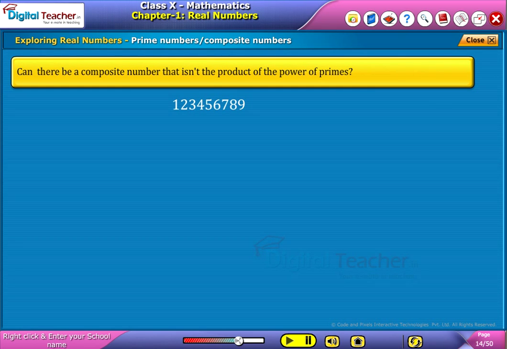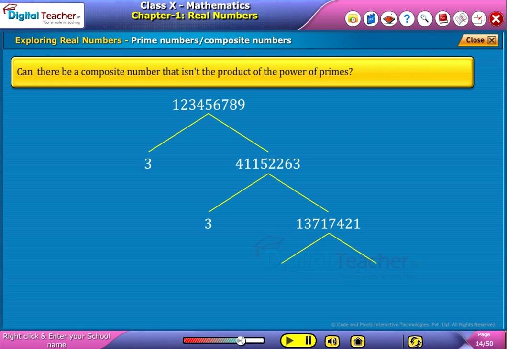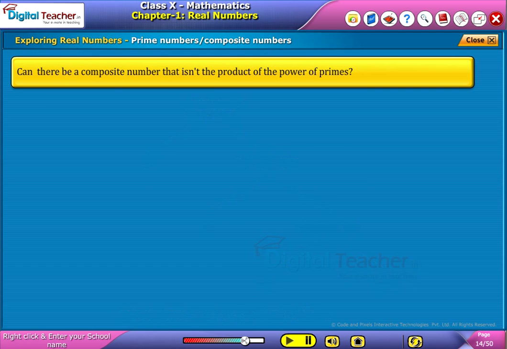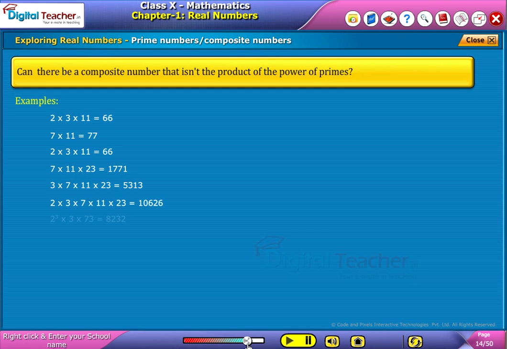1, 2, 3, 4, 5, 6, 7, 8, 9. This can be written in the following form as shown. Here the numbers 3803 and 3607 are primes. By this we can prove that a composite number can be written as the product of primes. Here are some examples as shown on screen. If the numbers taken has all the positive